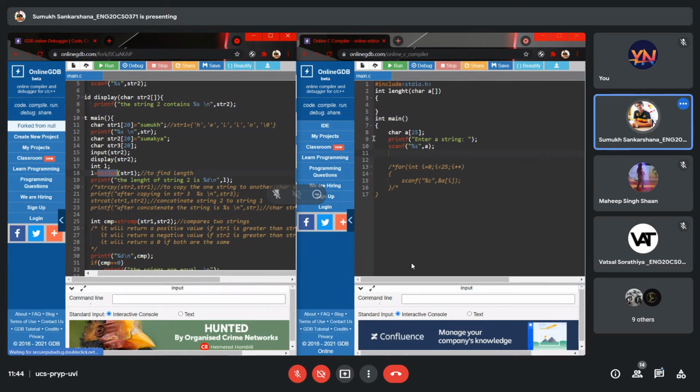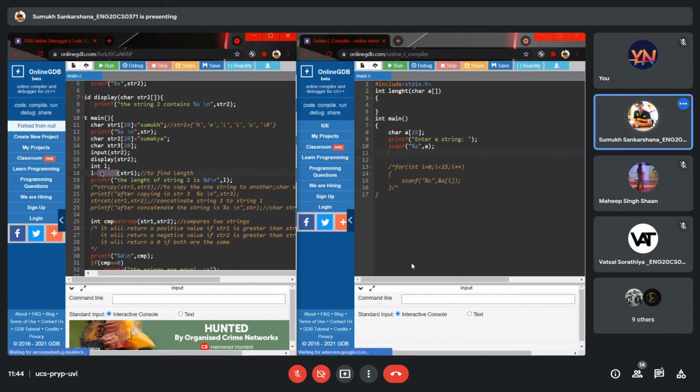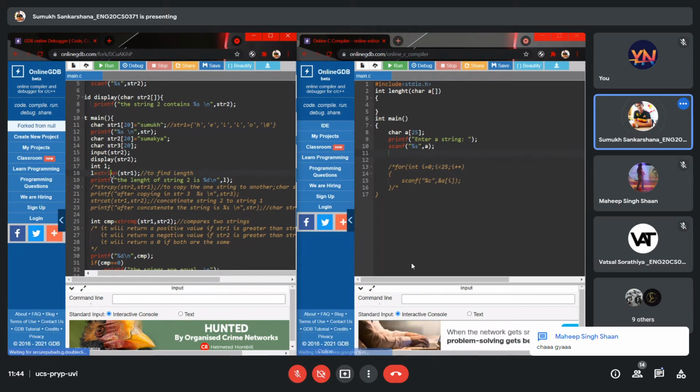Because these functions, as Yash mentioned yesterday, are considered costly functions. They take a lot of time in processing compared to the functions we use.